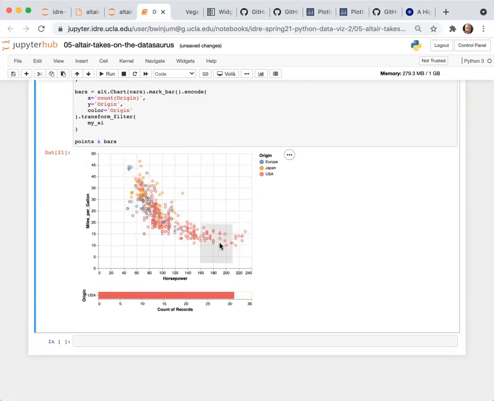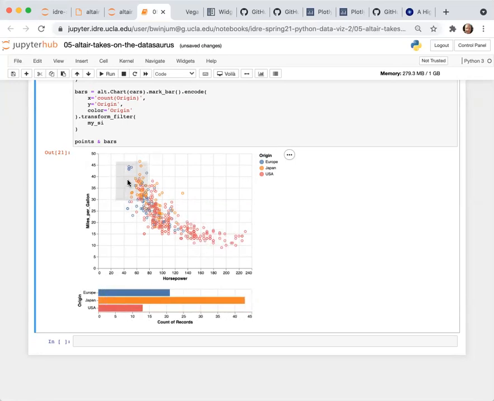You see here that the high horsepower and low miles per gallon cars are just in the United States, which is interesting. So you can get a nice little sense of the different features of the graphic when you can link different graphics together like this and alter how you visualize one part of the data set depending on what you've selected in another graphic.